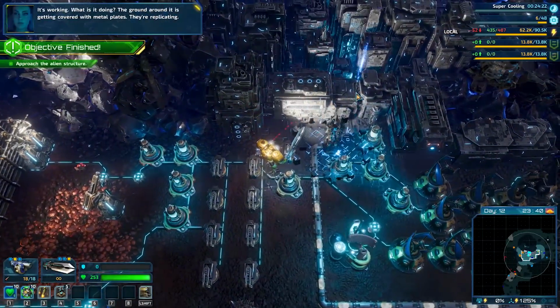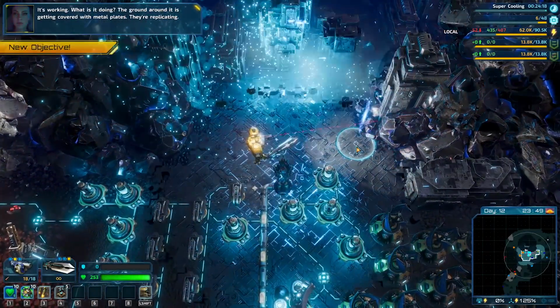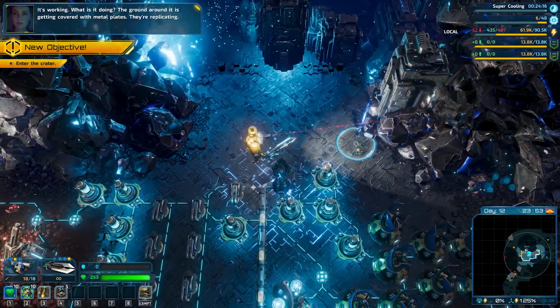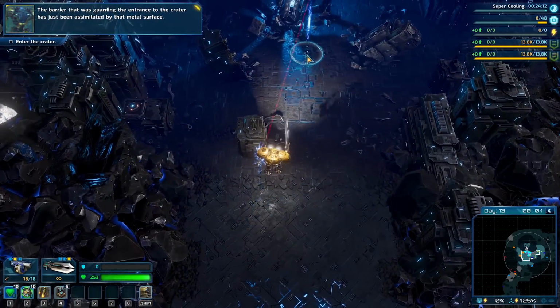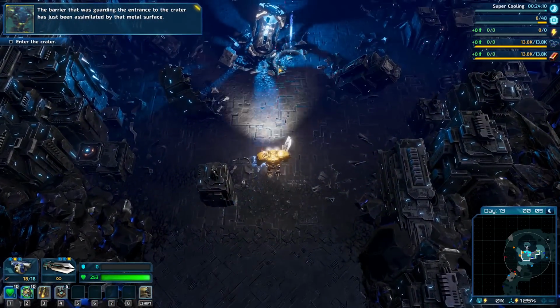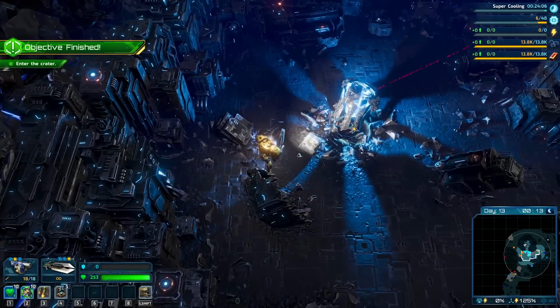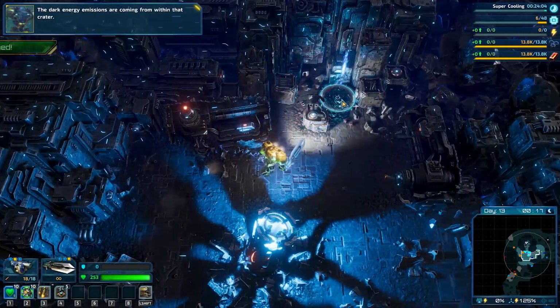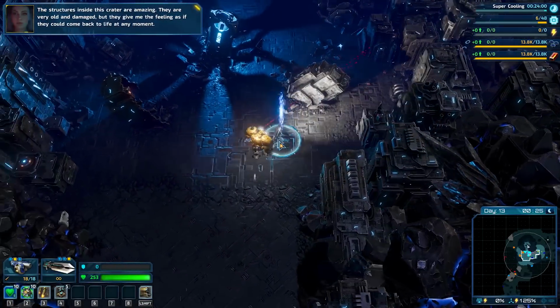It's working. What is it doing? Ooh. The ground is being covered with metal plates. They're replicating. The barrier that was guarding the entrance to the crater has just been assimilated by that metal surface. Was that a gate left here on purpose? The dark energy emissions are coming from within that crater. Let's go inside. The structures inside...